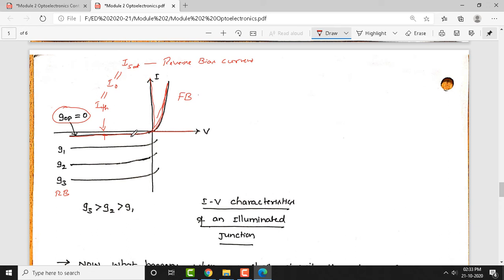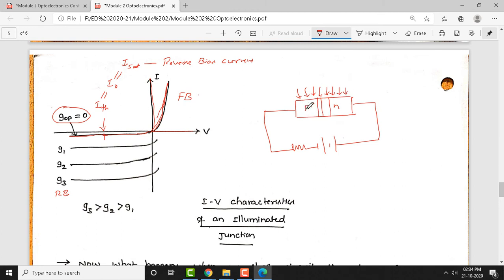Now, see here under reverse bias, this is a PN junction. Let me make a PN junction in reverse bias. Let us assume P plus N, and we have a resistor here. We connect it to the reverse bias like this. Now, let us assume that this is a depletion region, since it is a P plus N diode. Now, photons are illuminated uniformly on the entire surface.